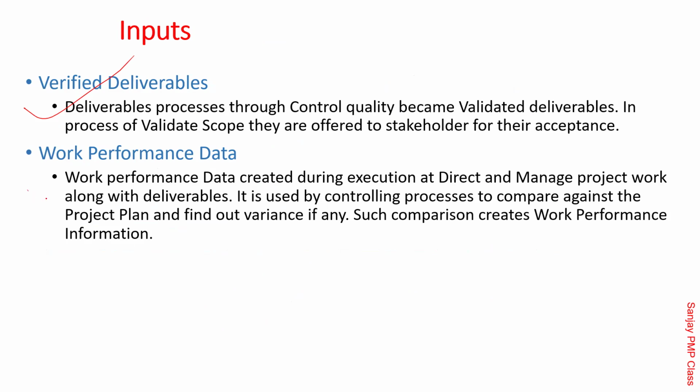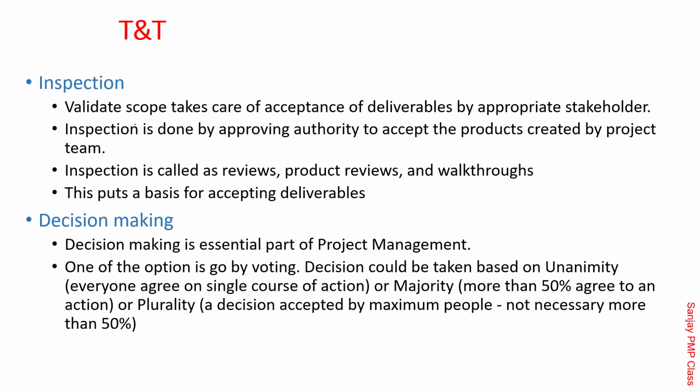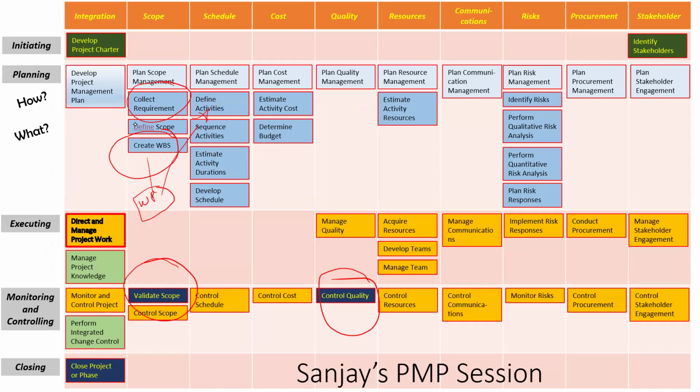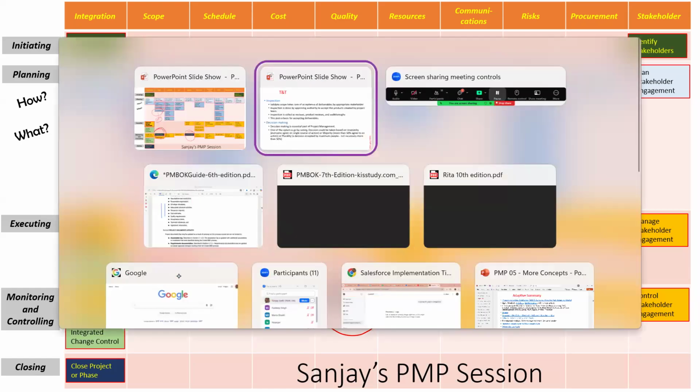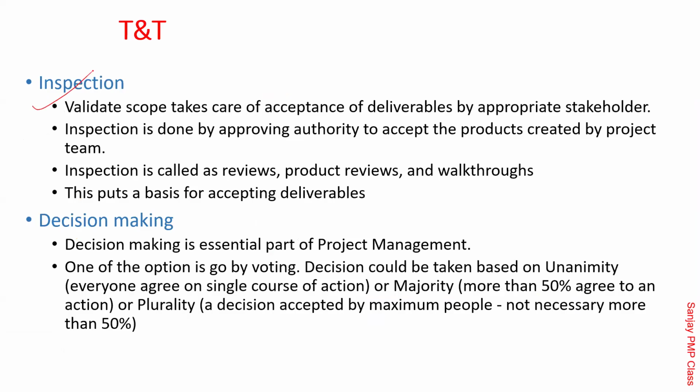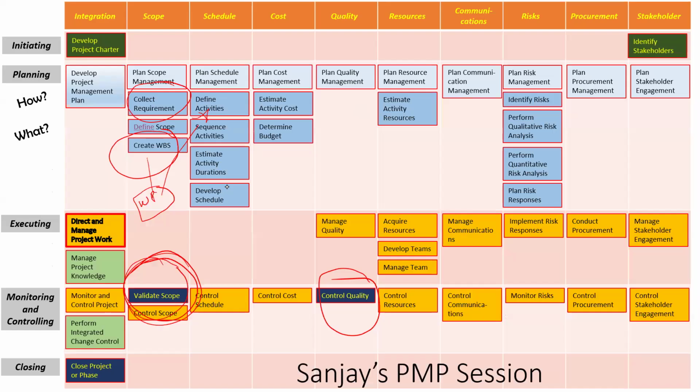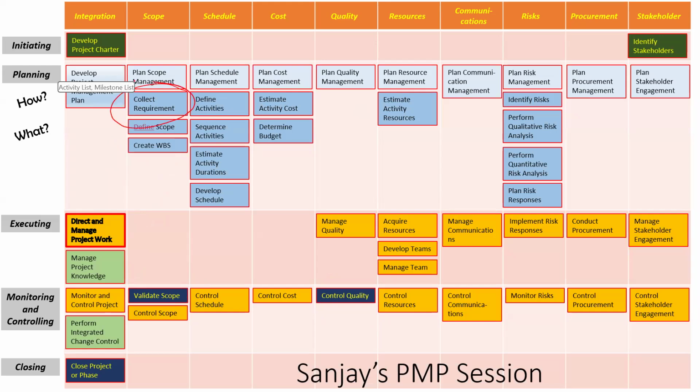All the monitoring and control processes will always use the work performance data, which is actuals. They do the inspection, which means they go ahead and check the deliverables in line with the specification. Remember, there are specifications which are written here. And as per that specification, they are going to do the inspection. Now in collect requirements, in most situations the customer would go ahead and tell you all that he wants. Here, you are going to check against that, correct?